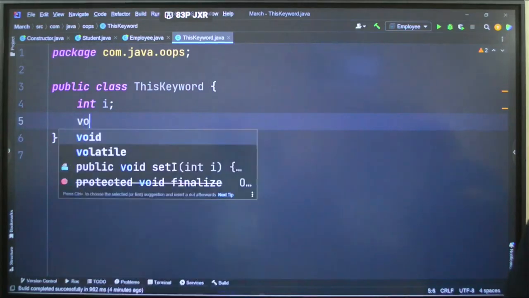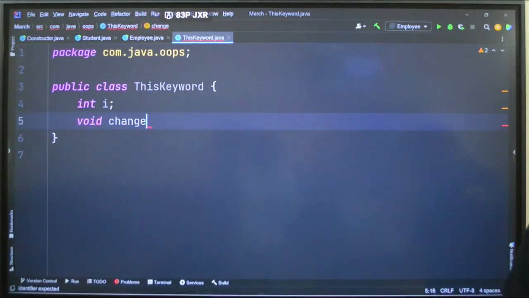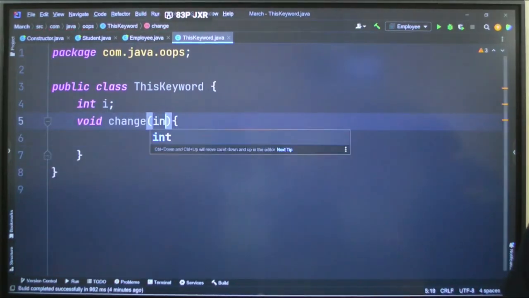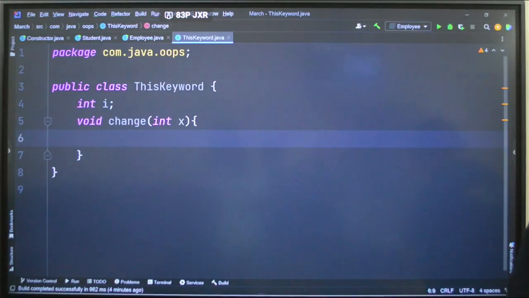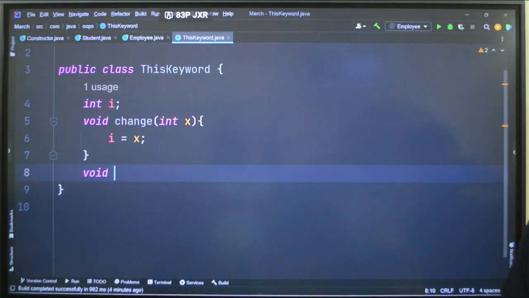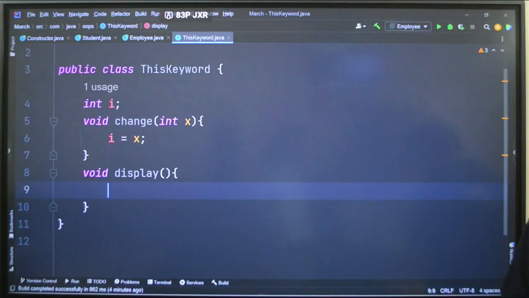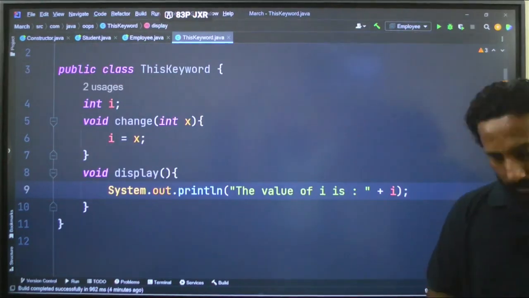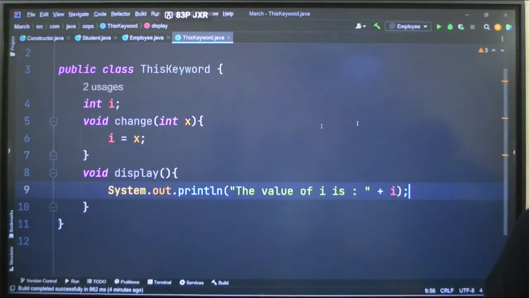I am having void change and I am taking an integer x and I am writing i is equal to x, okay, and then I am just creating one more function called display, where I am saying System.out.println the value of i is plus i, okay, and then